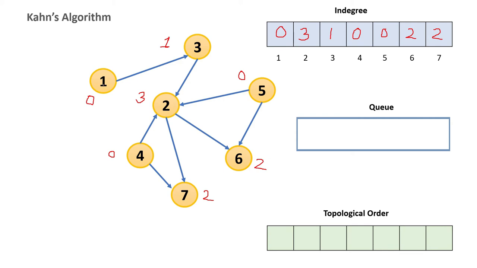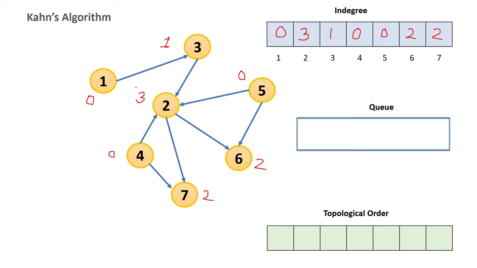Why is it? Because if a node has an in-degree value of 0, that means that particular node doesn't have any dependency on anyone else, so that will be a starting point. And one more thing to tell here: in topological sorting, there is no definite answer. That means many solutions are possible, because 1 also can be a starting point, 4 also can be a starting point, 5 also can be a starting point. Our main purpose is to sort it where dependencies are well maintained. So topological sorting problems may have many answers, not a problem.